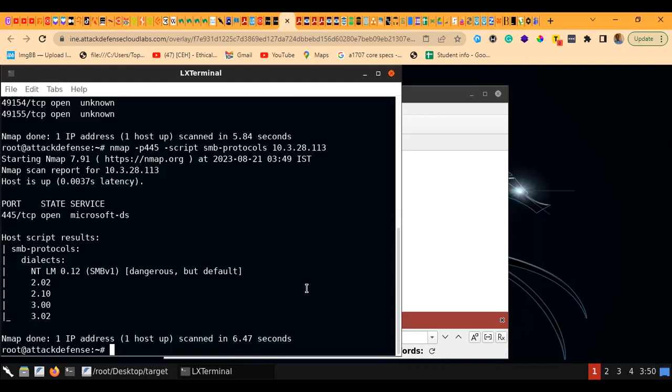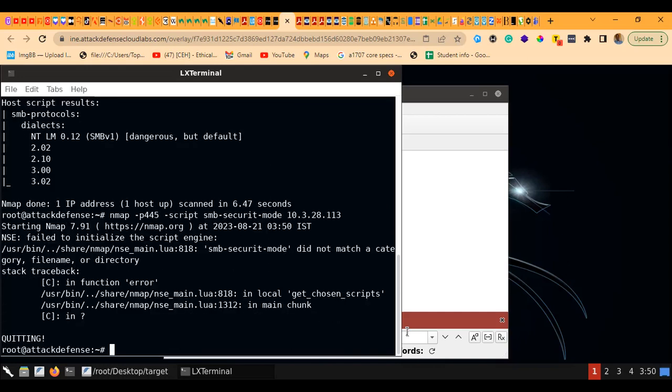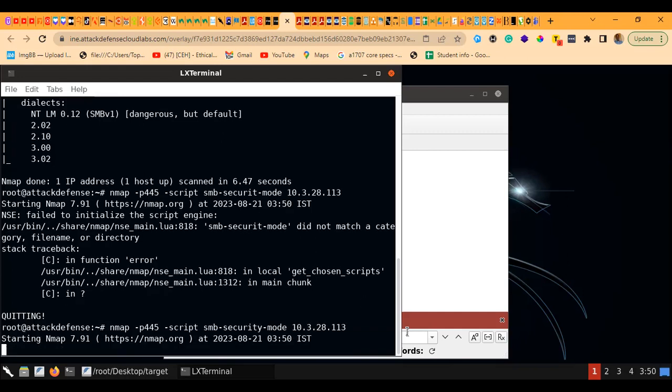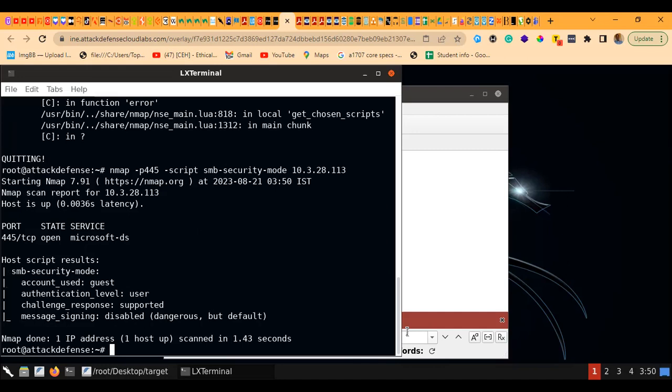We want to know the security level of these open ports. This is SMB, right? So we also use a script embedded in Nmap to know this. Sorry, there is a spelling error. You need to be very careful when it comes to spelling, when it comes to enumeration and a whole lot like that. So as it keeps running,